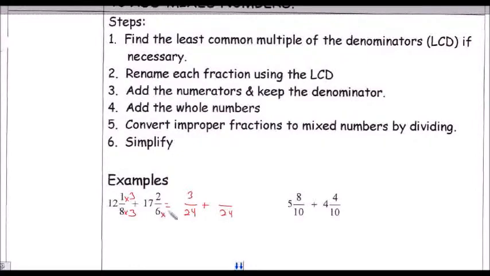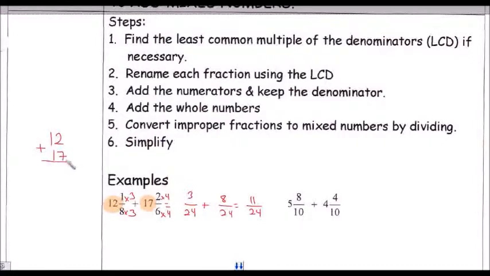And 6 times 4 is 24, so 2 times 4 is 8. So now when I add this together, 3 plus 8 is 11, and I get 11 24ths. But now I have to go back and add this number 12 and this 17 together, because they're my whole numbers. So 12 plus 17, if you need some extra room, you can do it over here